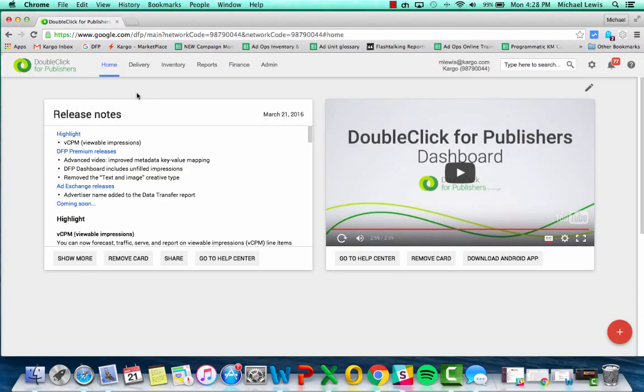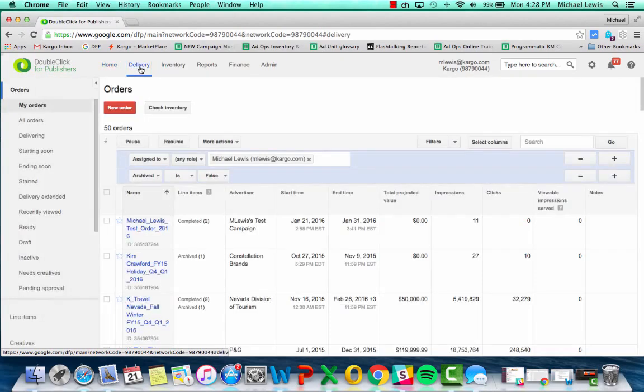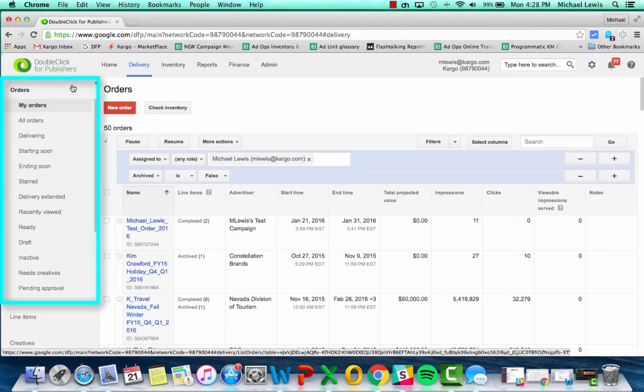Once logged into DFP, you will be on the Home tab. I recommend coming to the Delivery section, as this is where you will spend most of your time, and bookmarking this page. Once inside this Delivery section, you can first talk about the Orders tab over here on the left-hand